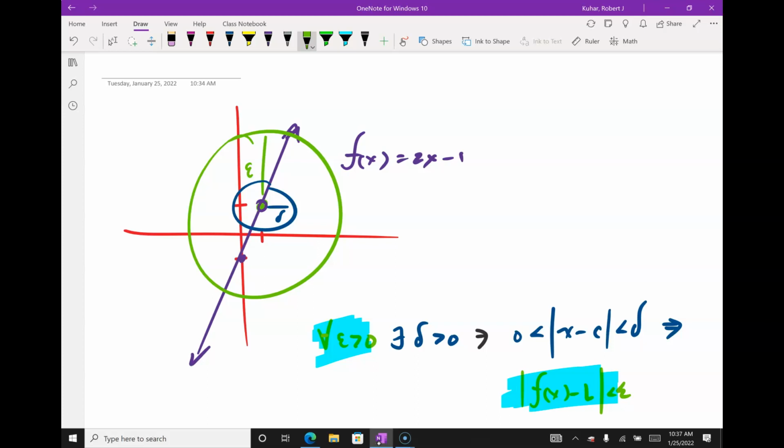There's a bullseye. There's a circle with a delta radius in the x direction. What's telling you that delta is related to the x values? Look at what I highlighted in blue. What's telling you that the delta is related to x values? It's dealing with that x minus c, both x values, right? Such that